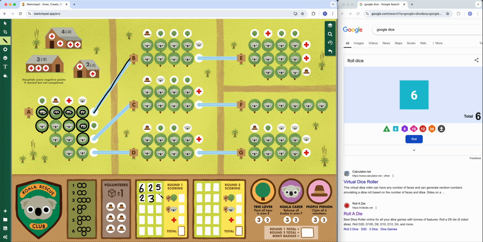And it's a 6. So you can see, if you're not familiar with Koala Rescue Club, you play the game over 2 rounds and you score after each round. So I only have 15 turns in which to try and do as much as possible. In the solo game, you also are racing for these objectives, and you're racing to try and do them in